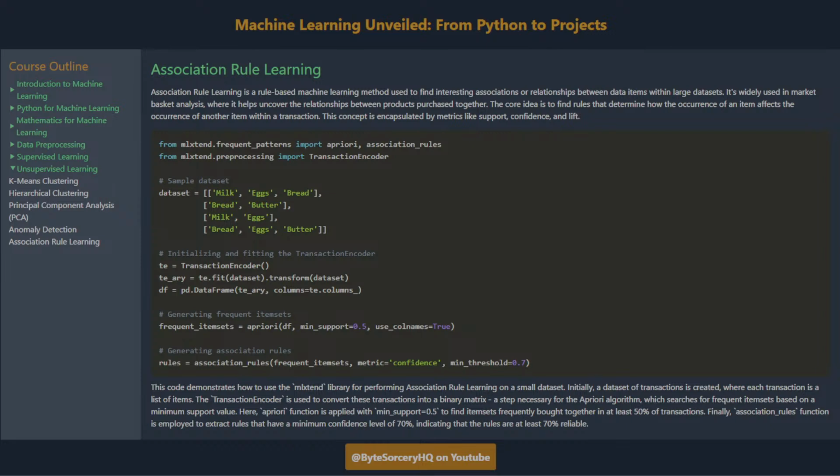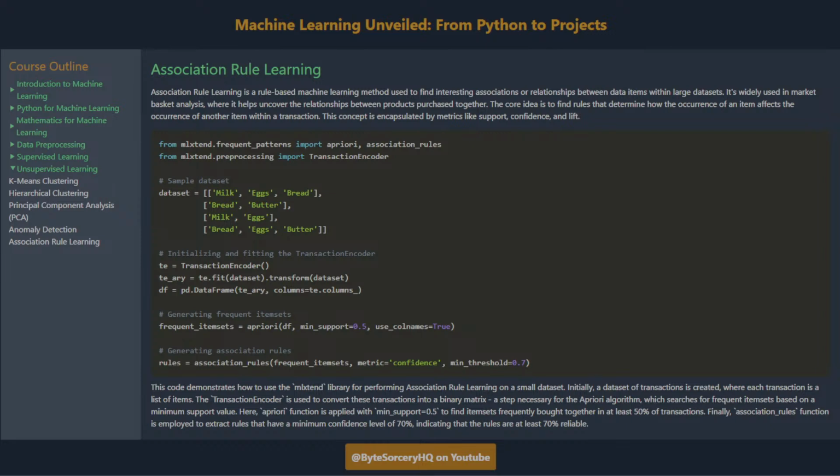This code demonstrates how to use the MLxtend library for performing association rule learning on a small dataset. Initially, a dataset of transactions is created, where each transaction is a list of items. The transaction encoder is used to convert these transactions into a binary matrix, a step necessary for the Apriori algorithm, which searches for frequent item sets based on a minimum support value.